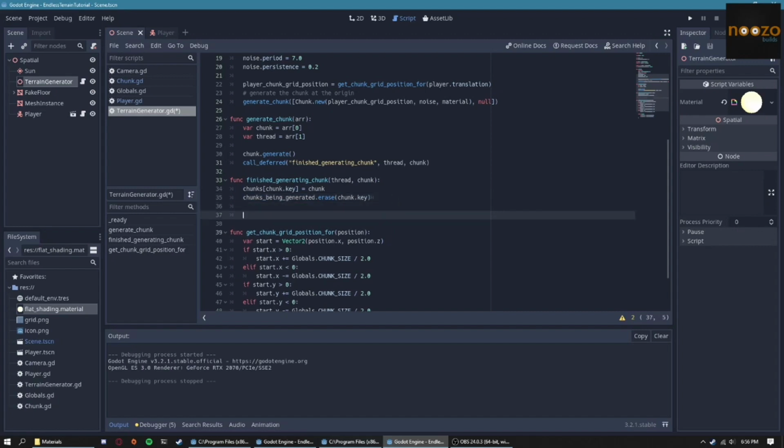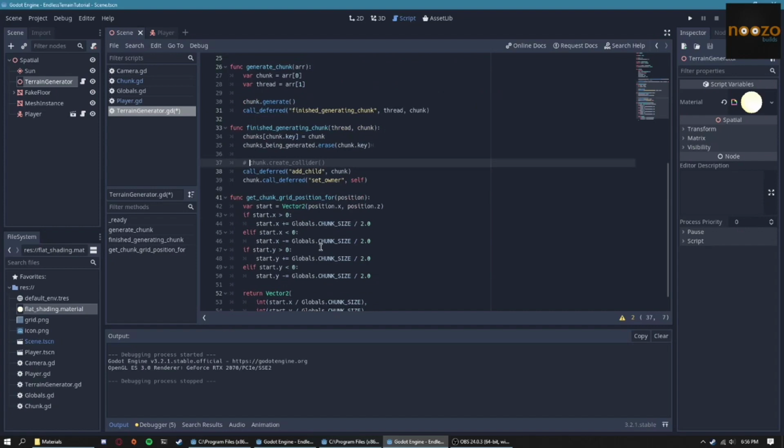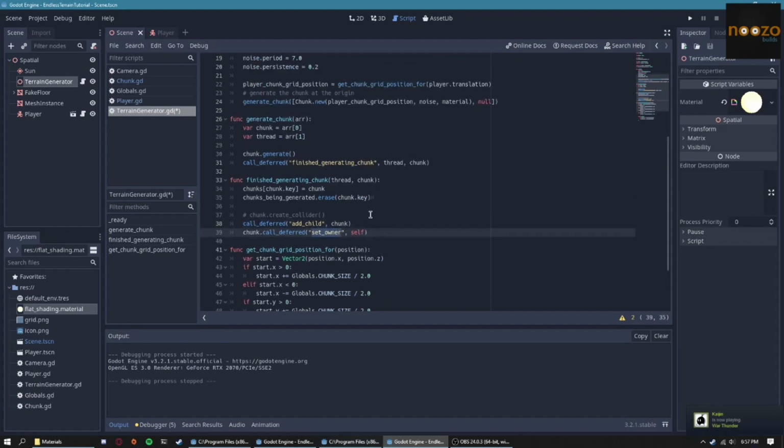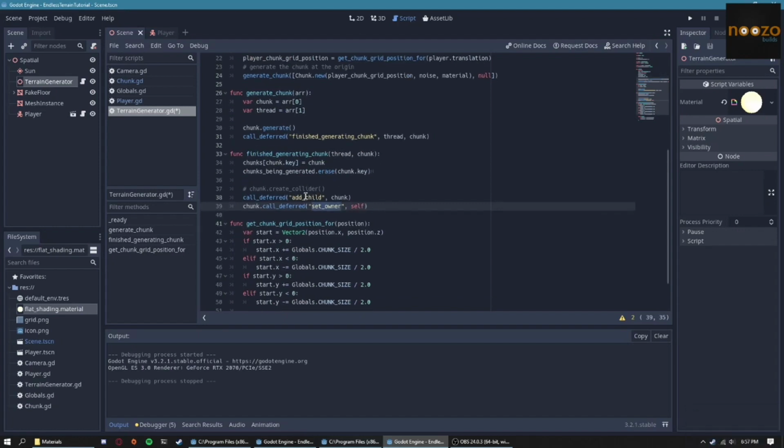After this, I'm going to create the collider for the chunk. You know what? I'm not going to add the collider just yet. I'm just going to add the chunk to the tree with a call deferred, and I'm going to set the owner of the chunk to be this script here. The reason it's using call deferred is because